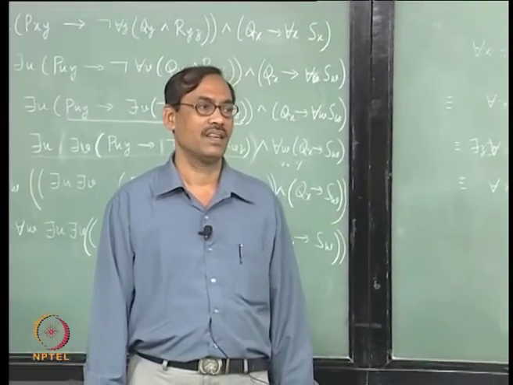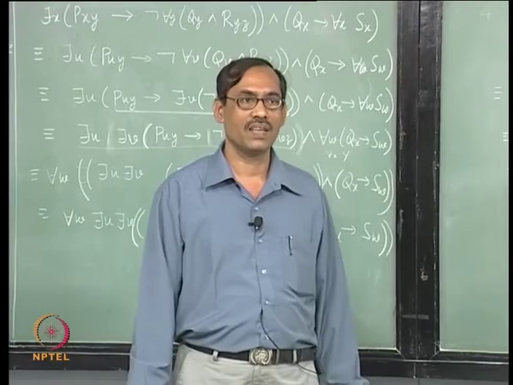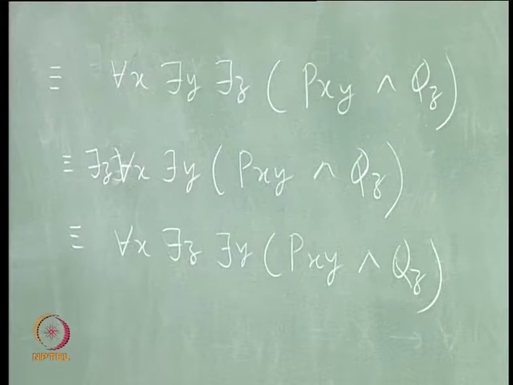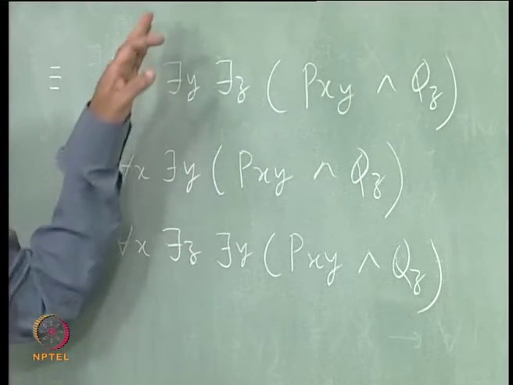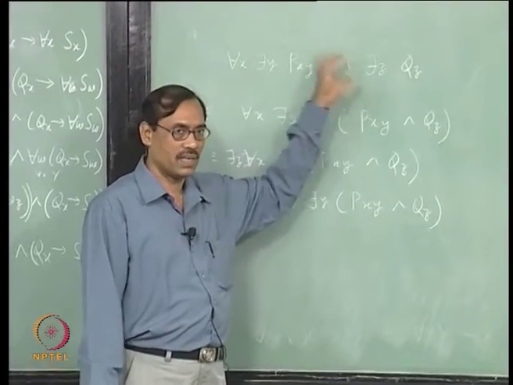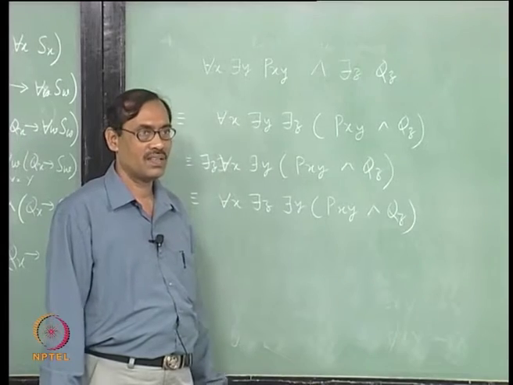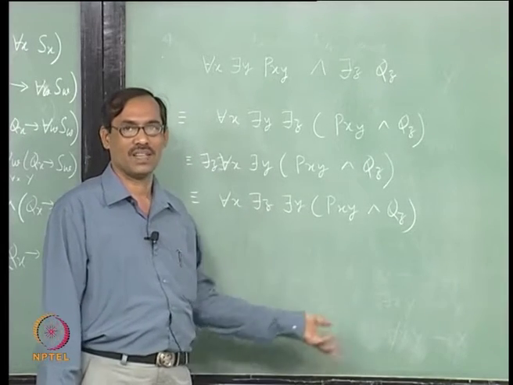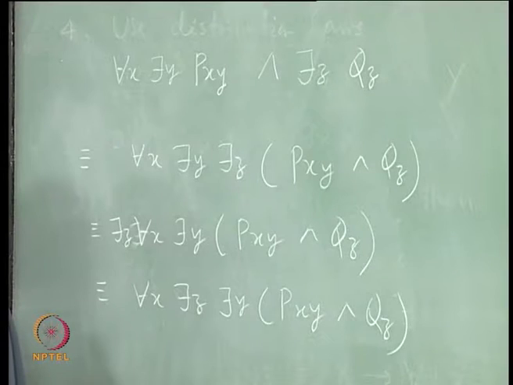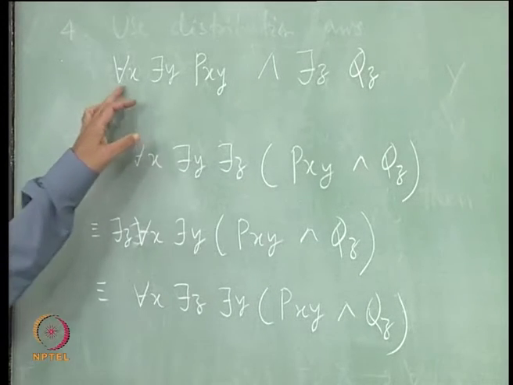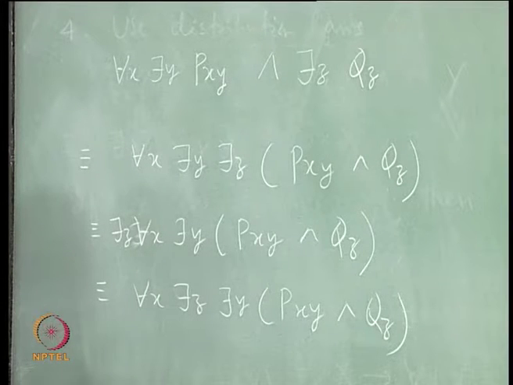So, this z does not depend on x and y, and the reason is that there is no predicate in the whole sentence or whole formula which has both x and z together. There is none which has both y and z together. So in a sense they are independent; there is no dependence between the variable z and the variables x and y. But there is a dependence between x and y. In order that this sentence is true, there is a dependence.